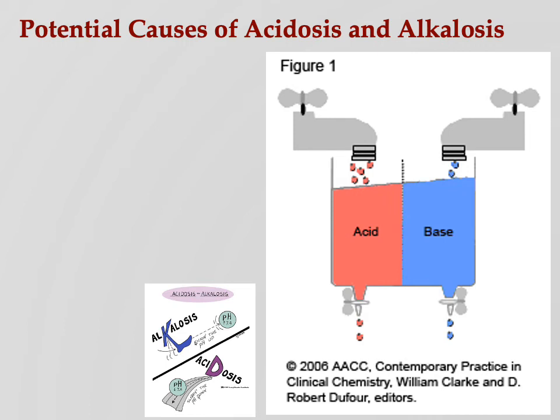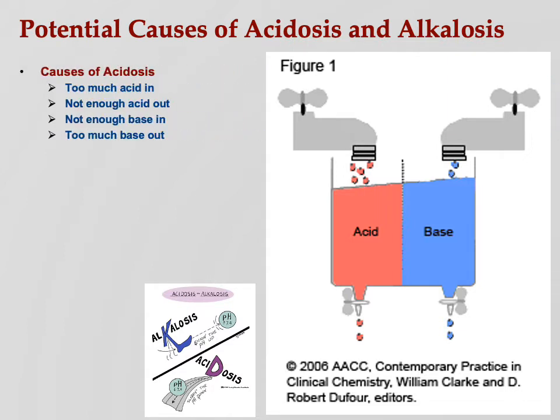Given that we now know what people in alkalosis and acidosis are going to look like, what their behavior is going to be like, let's look at what would cause you to have some disruption one way or the other in your acidosis alkalosis. So let's look at this logically, all right?